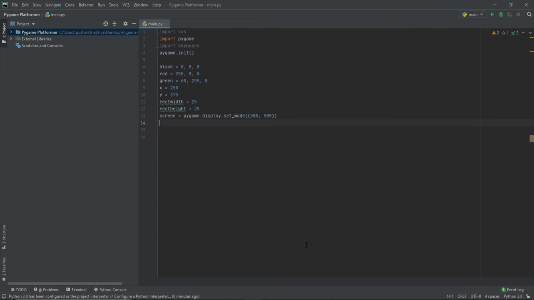We don't want a game that whenever you run it, it just instantly closes. Well, I mean, no one will use that. No one will play that game. So we got to come down here to the very bottom, and we got to do some other things. We're going to do screen.fill black. So you see how we defined a variable called screen right here? Well, this variable screen, it has a few tricks up its sleeve. We're going to tell it, okay, fill yourself to black, and then we're also going to tell it to